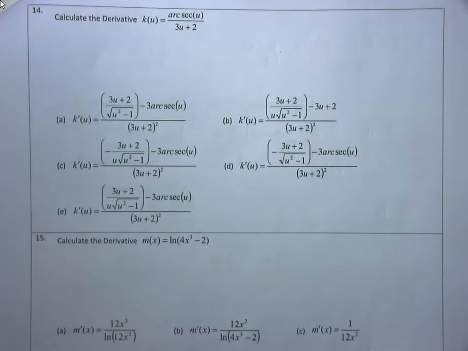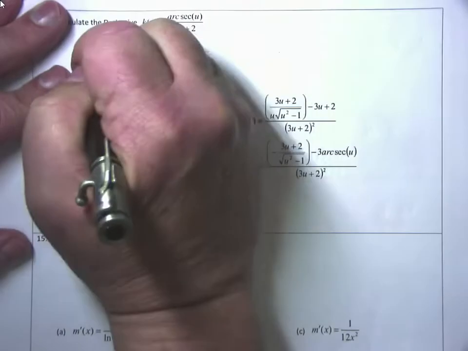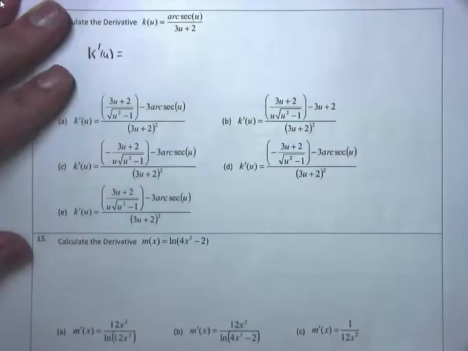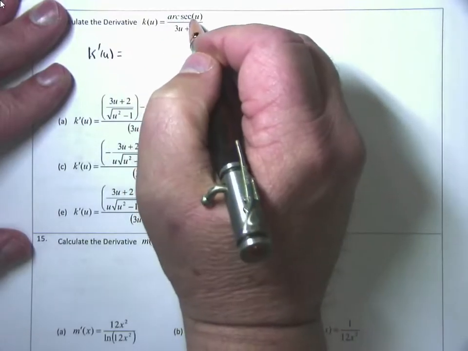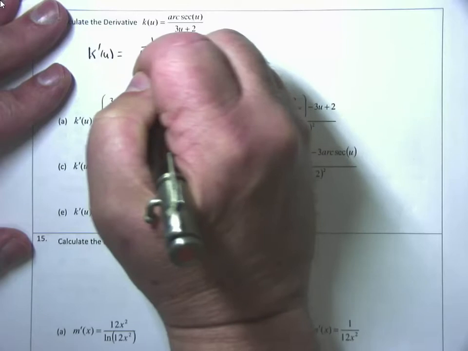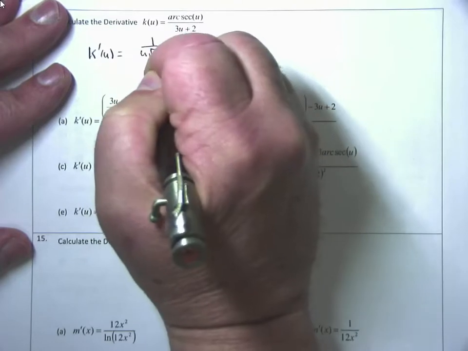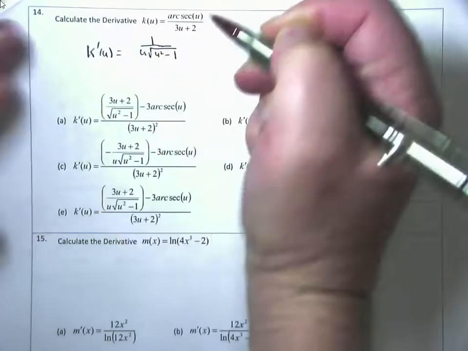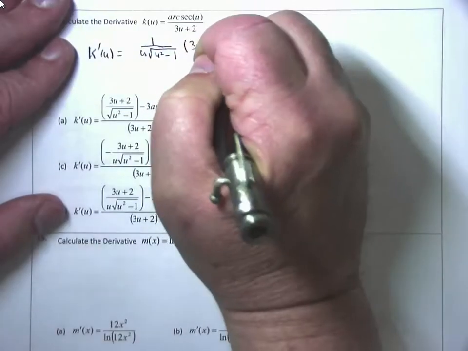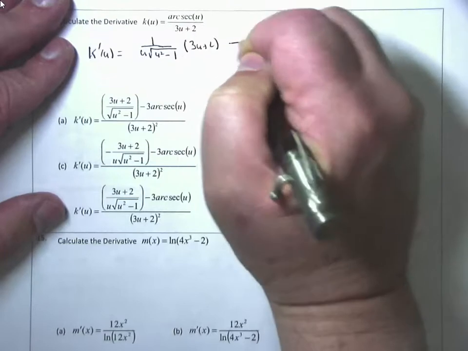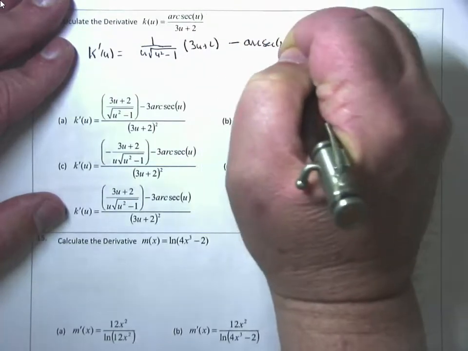To take the derivative of this, what rule do I have to use? Quotient rule. Draw the top times the bottom minus the top times draw the bottom, all over the bottom squared. So draw the top. What's the derivative of arc secant of u? That's a rule we have memorized. That is 1 over u times the square root of u squared minus 1. Pure memorization. Draw the top times the bottom, 3u plus 2, minus the top, arc secant of u, times the